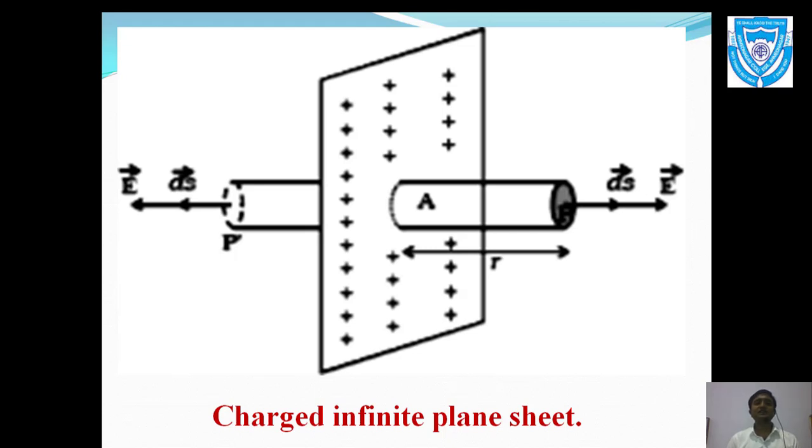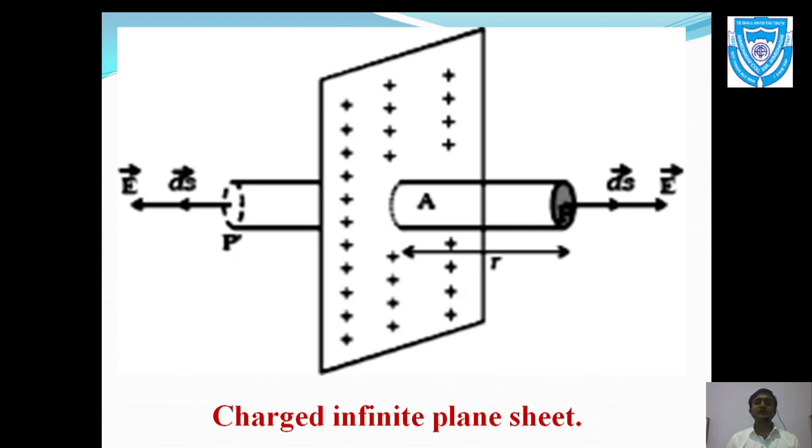It is a charged infinite plane sheet. It makes sense that it will move in the upward direction, downward direction, as well as right hand side and left hand side. It will be extending infinitely, just like a line. We see that a line moves in forward as well as backward direction. Just like this, the plane will also extend in upward direction, downward direction, right hand side and left hand side. This is an infinite plane sheet.